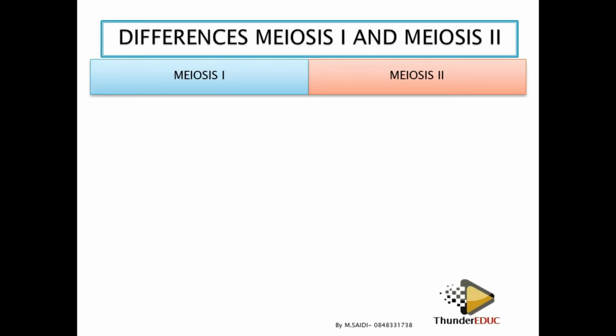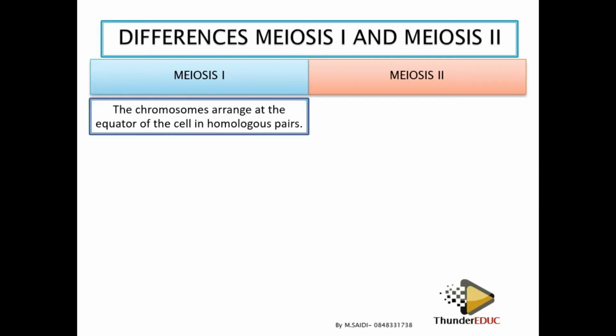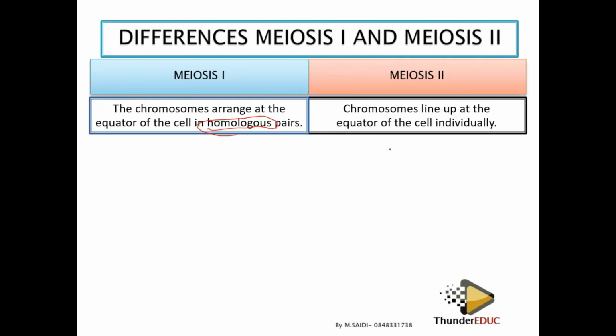Crossing over occurs in prophase. There is no crossing over. So you have to look at the phases. Chromosomes align along the equator in a homologous pair. You see the word homologous. In the homologous, this is the key point, in the homologous pair. Then the other side, the chromosomes align along the equator individually. This is the key point which